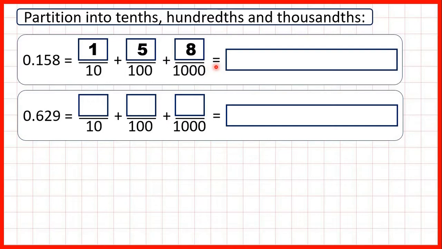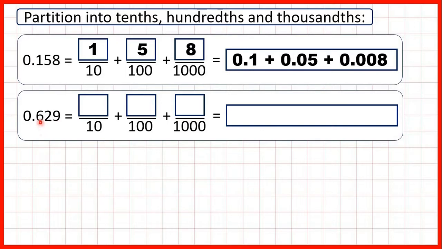We can show this partition in decimal form as well. That's 0.1 plus 0.05 plus 0.008, because the first digit after the decimal point is the tenths, and we have 1/10. The second digit after the decimal point is the hundredths, and we have 5/100ths, and the third digit is the thousandths, and we have 8/1000ths. So now we have